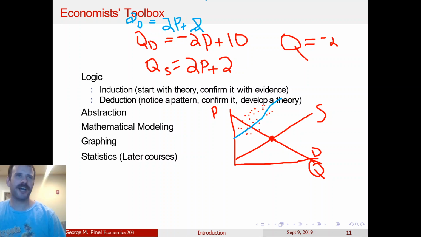So what if you have statistics, and you do your regressions, you do your tests, and you find out in the real world your demand actually looks more like positive 2p plus 8, right? What does that say? It says that as you increase your price, quantity demanded increases. So if I were a businessman working off the theory alone and untested, I would want to charge a price closer to equilibrium, maybe a little bit higher if the market's not fully in equilibrium. If there's not as many entrants, I can get more of a profit that way, depending on the structure of the demand curve.